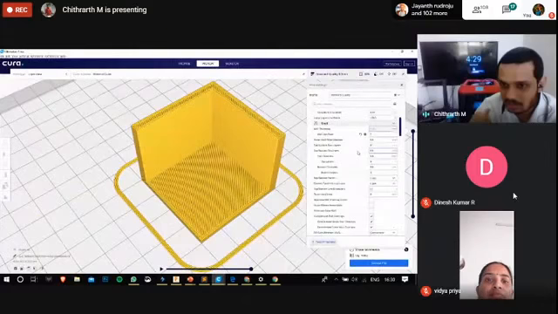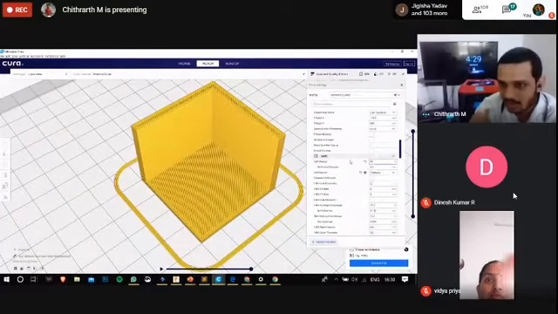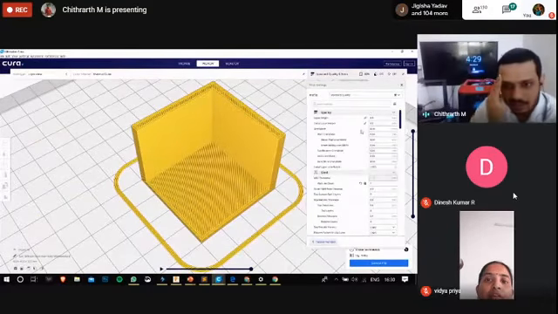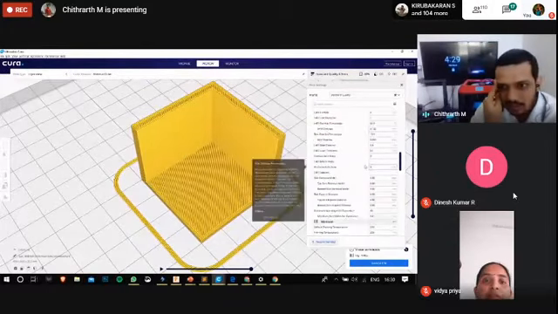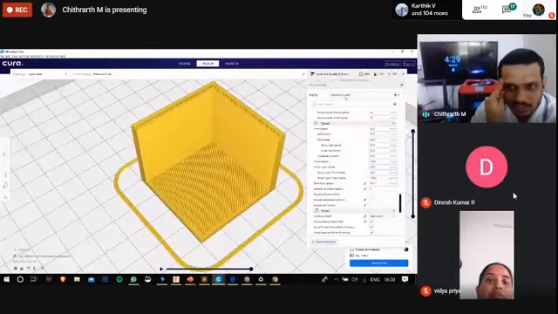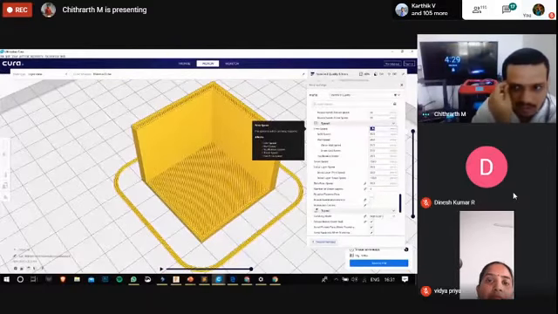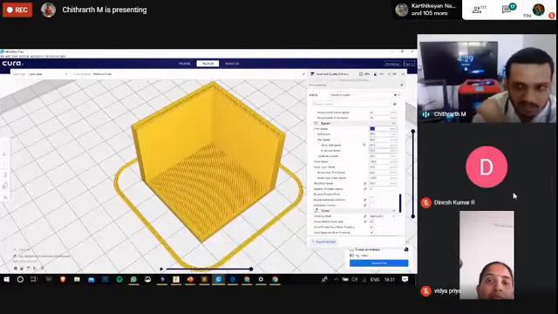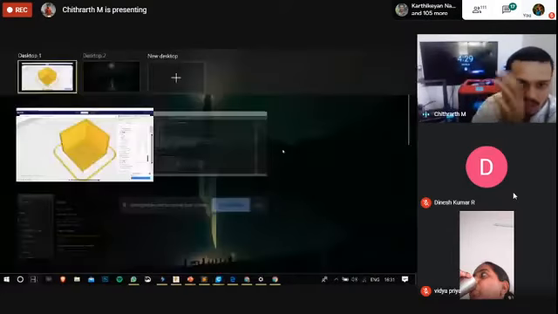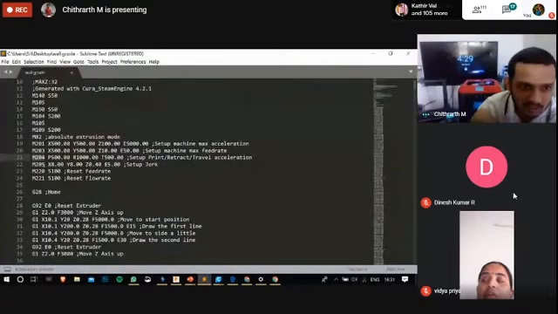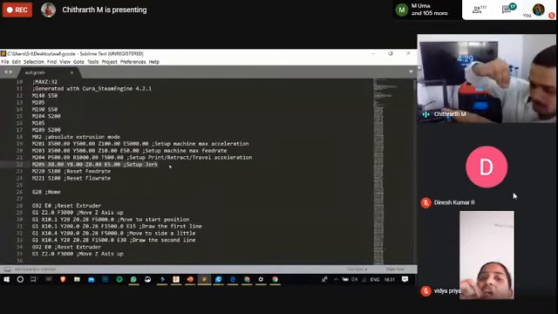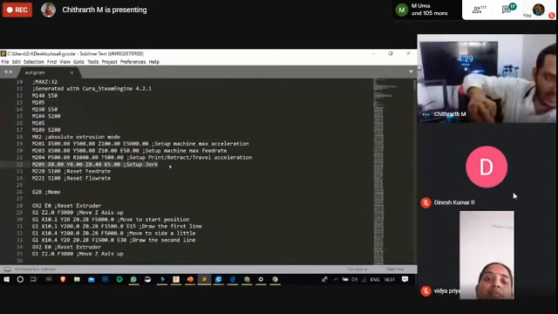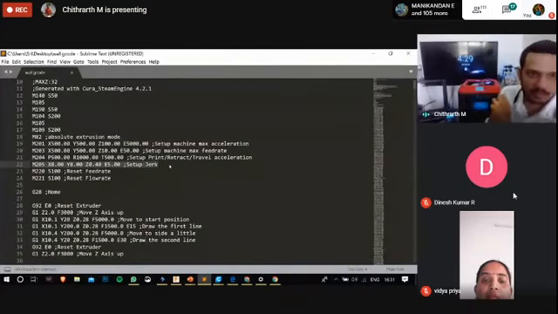In Cura, if we choose the type of printing, say I go to the speed part, and I change the value of printing speed or infill speed, or any parameter over here, that will actually affect the acceleration and jerk setup. M205 is for the jerk setup. Jerk setup is nothing but the deceleration and acceleration at which the extruder or the axis stepper motors should move.